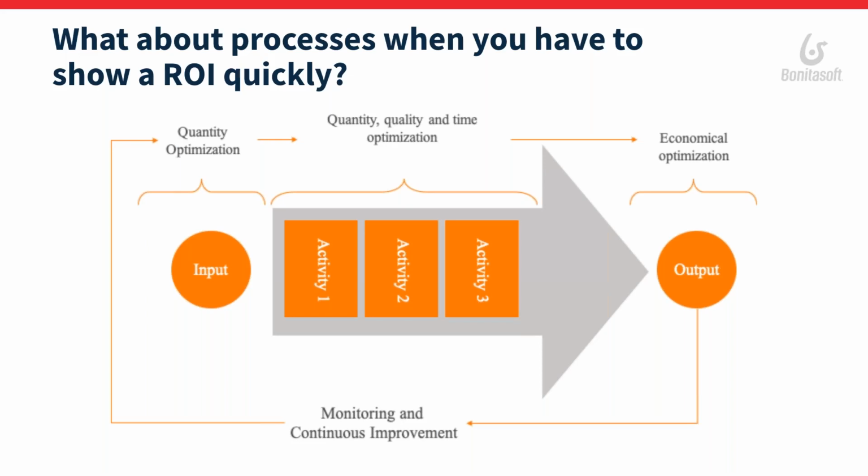So yeah, that is the other kind of process, but same structure nonetheless. So you have those three components. You want to optimize the quantity of things you have to use as an input, be that effort, workforce, technical input, licenses, and whatnot. The quantity, quality, and time optimization on an activity level, where you basically want to do things faster if you can, with better quality, meaning with more automation.